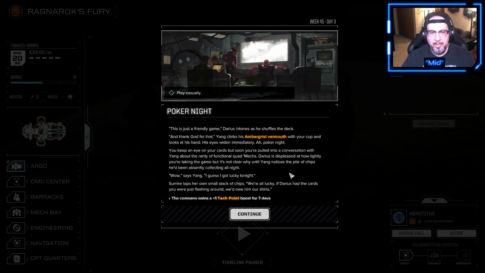Yang about the rarity of functional quad mechs. The bane of harebrained schemes. Every single dev stream and Q&A, inevitably, someone's like, hey, are quad mechs never going to make it in? And it got to the point where Mitch was basically just like, F you. No, there's never going to be quad mechs, and if you ask, I'm going to take other stuff out of